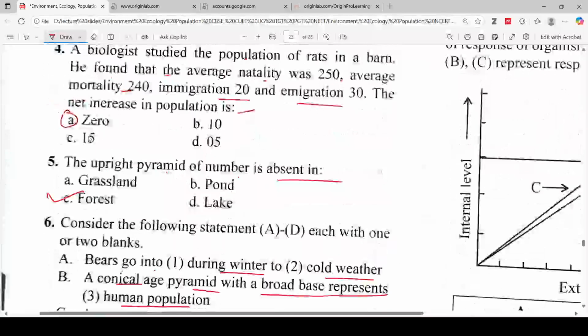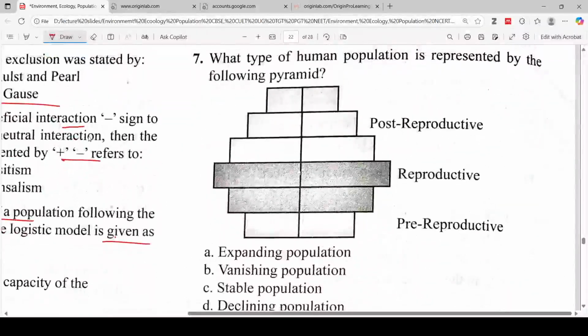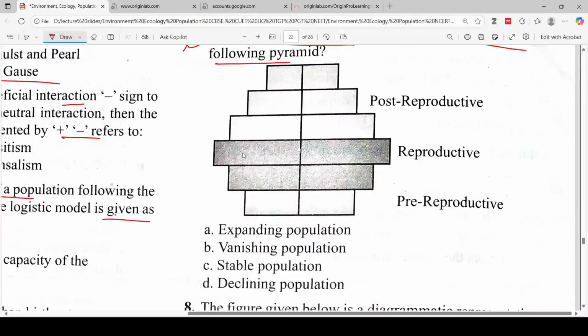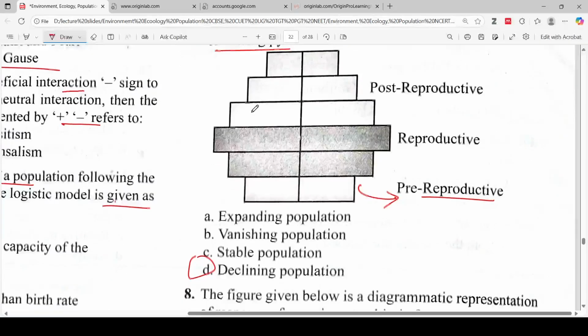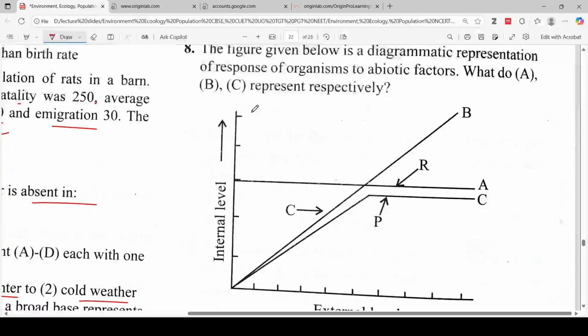Next question, what type of population is represented by the following pyramid? So the correct answer is of course option D. It will decline because the number of the pre-reproductive age group is very low. That's why. Next question,